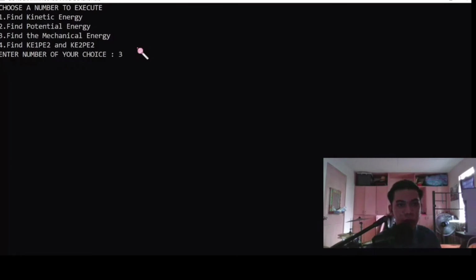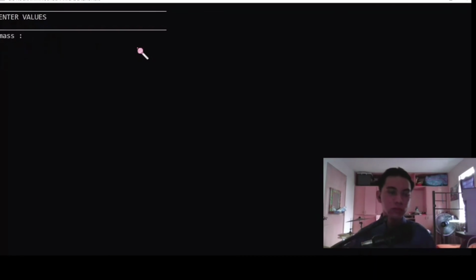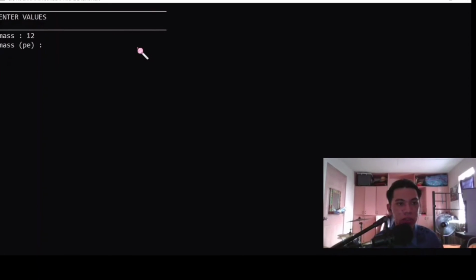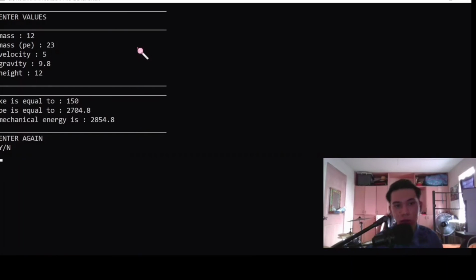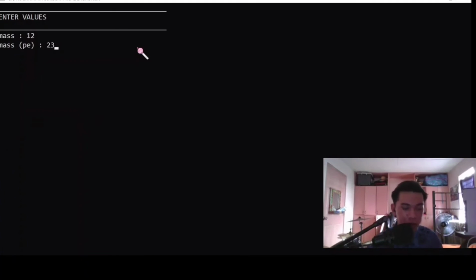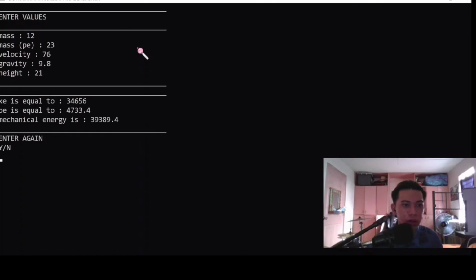Now the mechanical energy. Values for PE, then velocity, then gravity, height, is equal to 150 there. And the reason for the double is that it will show the real values, the decimal points. If yes, 9.8. If no,